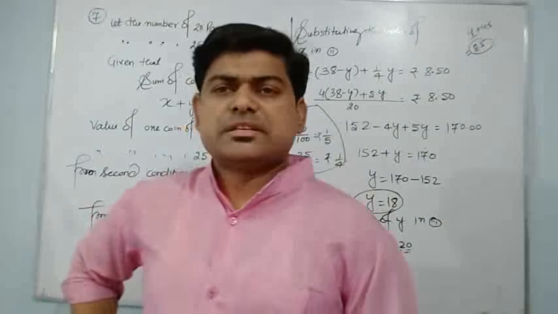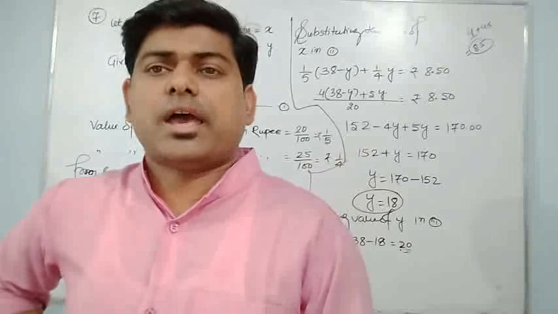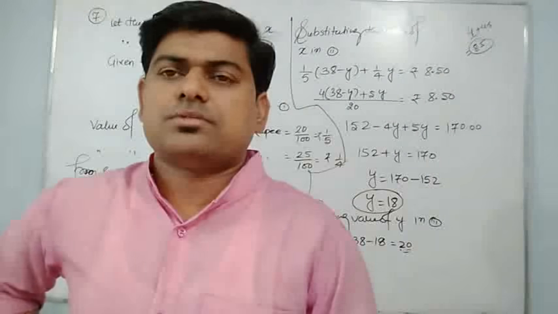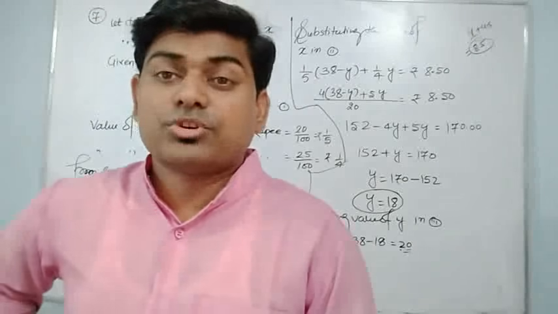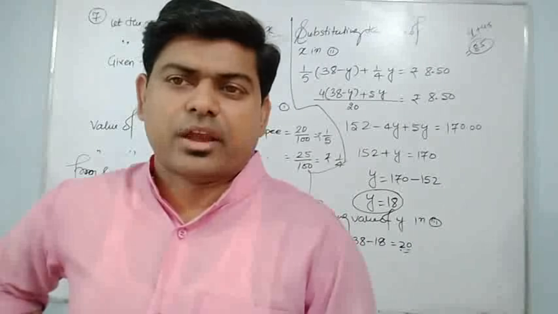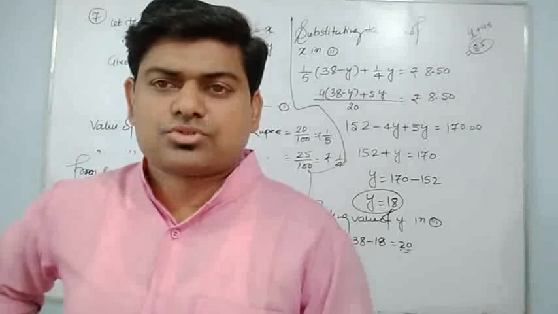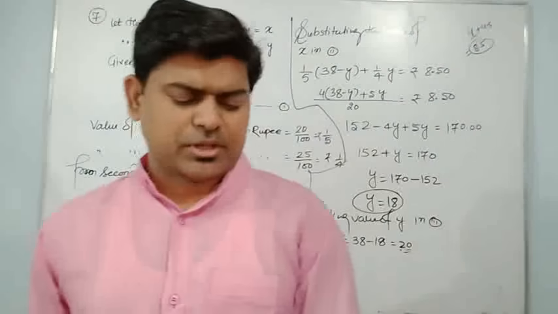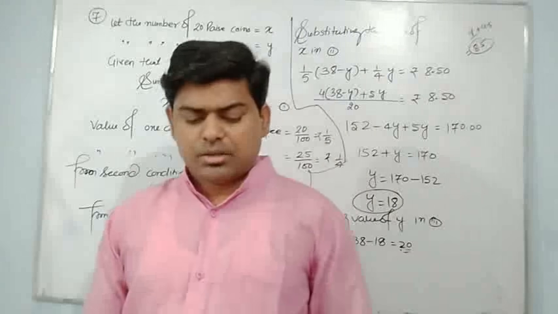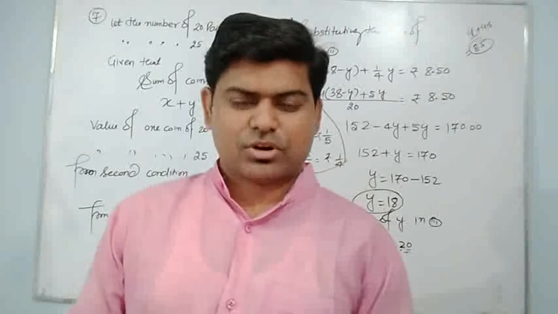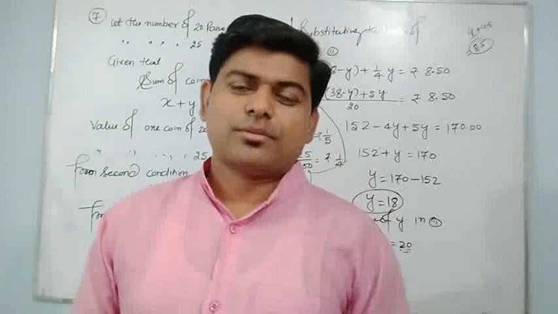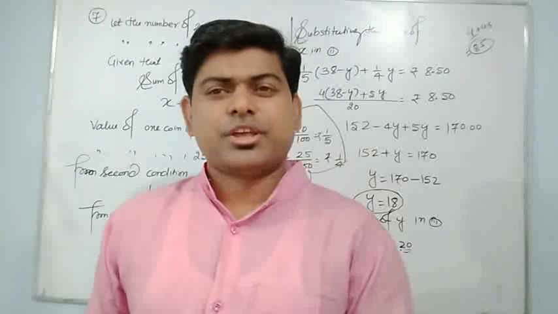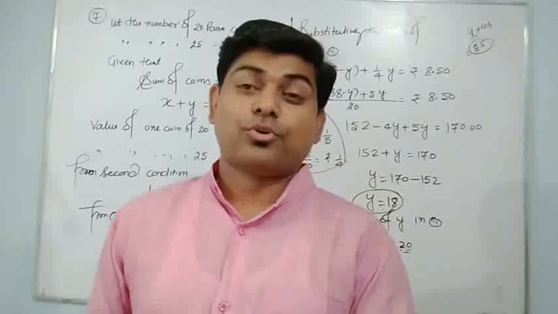So whatever unknown quantities are there, means whatever we have to find, these have to be taken as x and y. Then, following the given conditions, we can form 2 equations in terms of x and y, and these 2 equations have to be solved to find the value of x and y. As I told you, solving is not a very difficult part for you. The important thing is forming the equation. I think you are in a position to solve the obtained equation, so if I form the equation, it is enough. So now I am going to form the equation only.